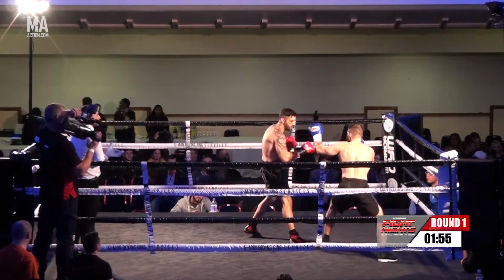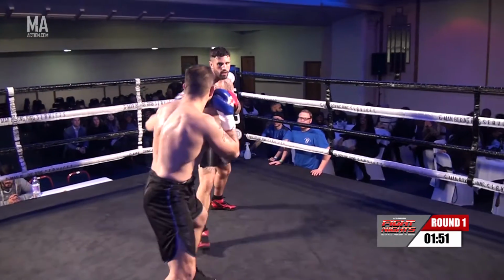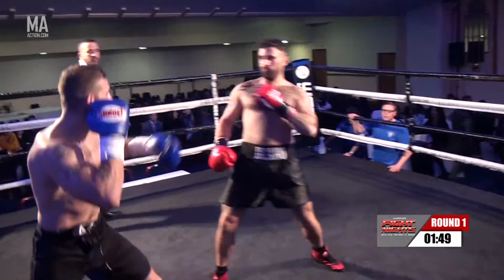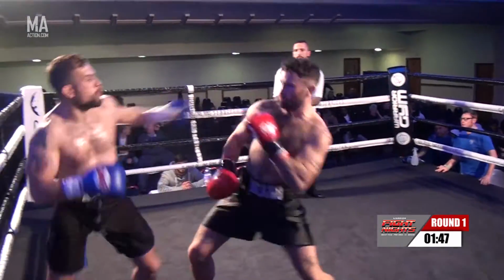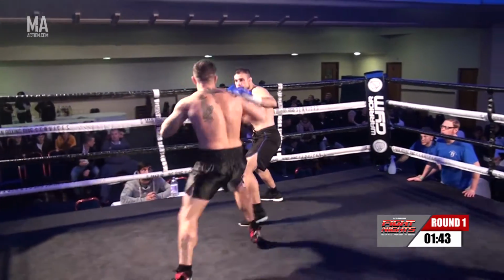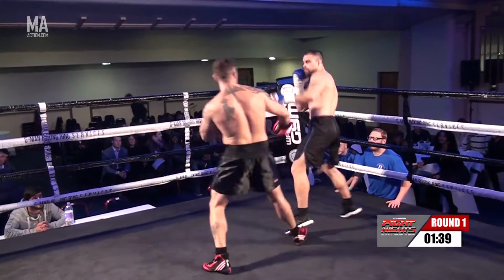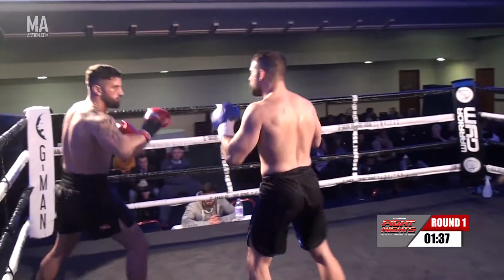action, and immediately you can see Little in that southpaw stance, the taller of the two men, trying to walk Danny Nash down. Nash, a very powerful striker, but he's undersized slightly in this matchup, which is very interesting to me. And right now, folks, we are going to see these 2-minute rounds bring the very best out of both